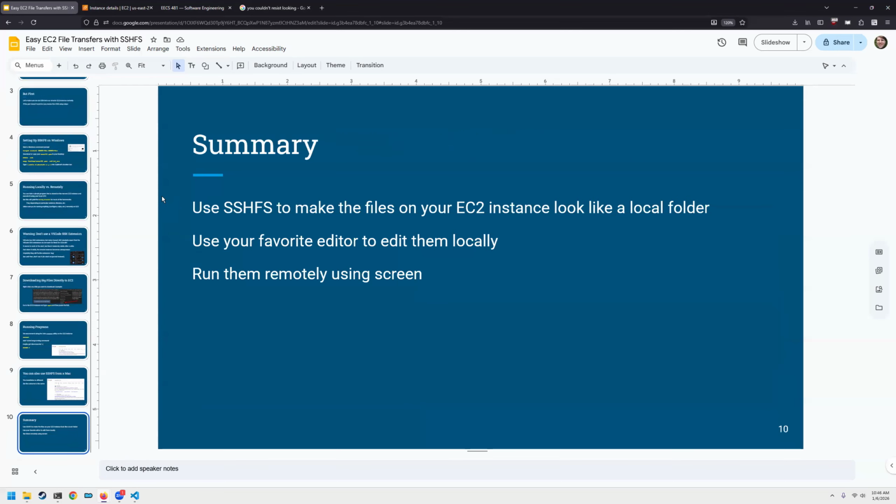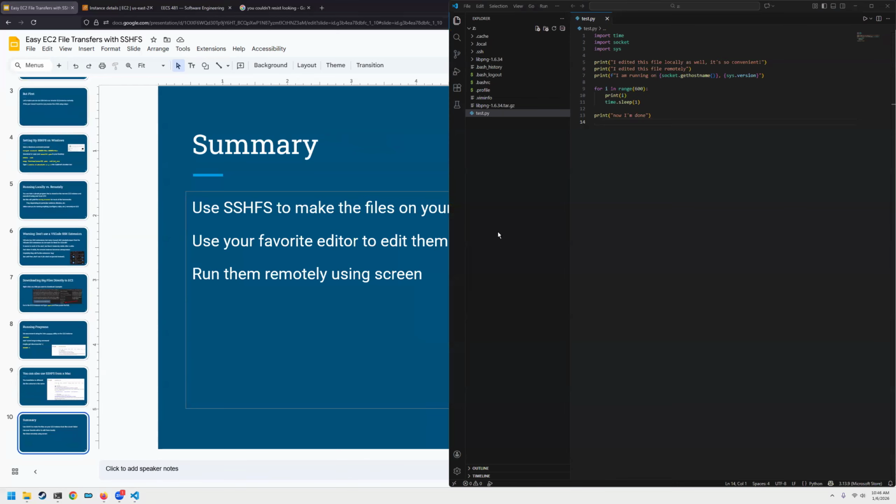So in summary, what do we recommend for your convenience? Use SSHFS to make the files on your EC2 instance look just like a local folder. Then you don't have to spend as much time typing in SCP to manually transfer files. You save time, it's more convenient. This also means that you can use your favorite editor